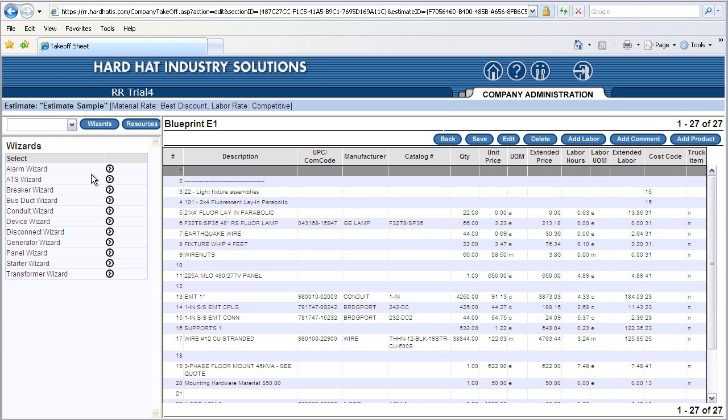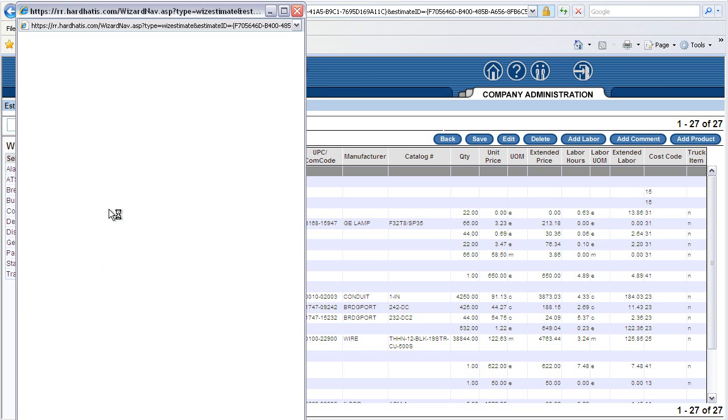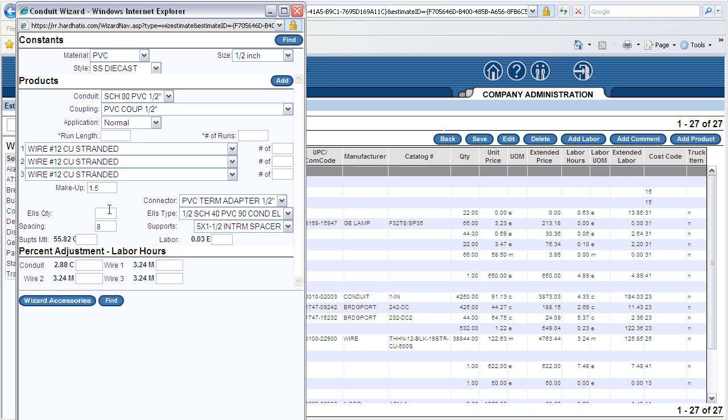Red Rhino has 11 different wizards, including a breaker wizard, conduit wizard, disconnect wizard, and transformer wizard, just to name a few. Here is how our conduit wizard works. In this wizard pop-up, you input information about the conduit run, such as size and type of conduit, plus size and type of wire. To input 150 feet of 2-inch EMT conduit with 3 3/0 wires and 1 number 6